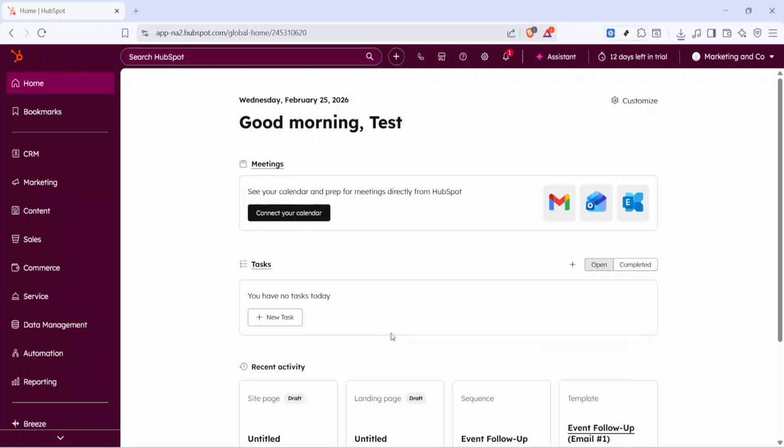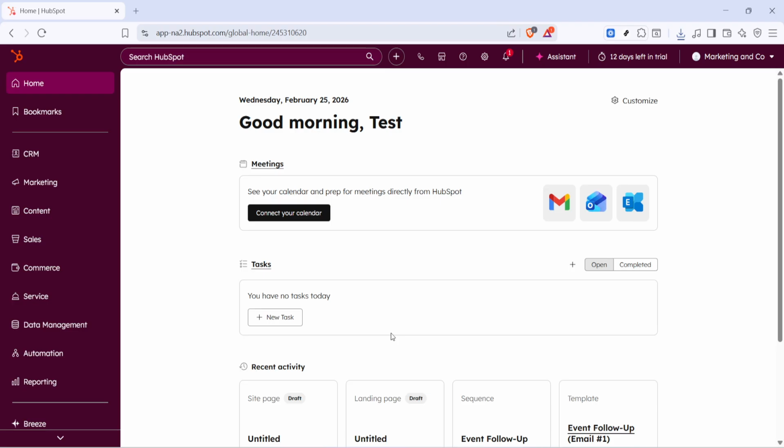In today's video, I'm going to teach you how to add target accounts in HubSpot. Target accounts help you prioritize the companies that matter most to your sales and marketing teams. By marking a company as a target account, you unlock focused views, reporting, and collaboration features designed for account-based work. In this walkthrough, we'll move smoothly through the interface and highlight a few tips so you feel confident managing your